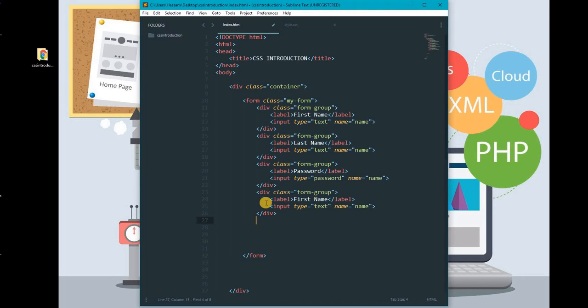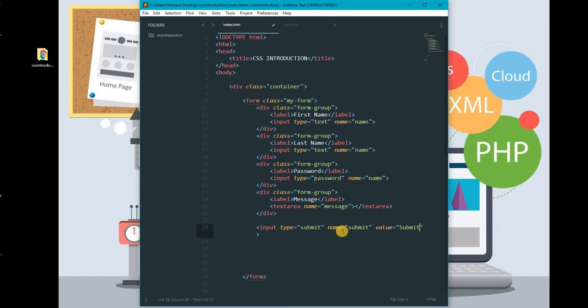Create a text field like a message, text area, give it the name message. Here change this to message, and the last one is the submit button. Okay, input type submit, name submit, value